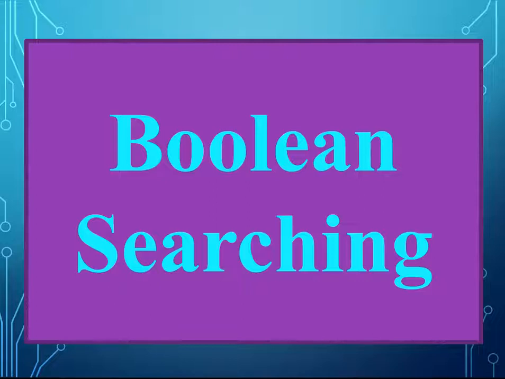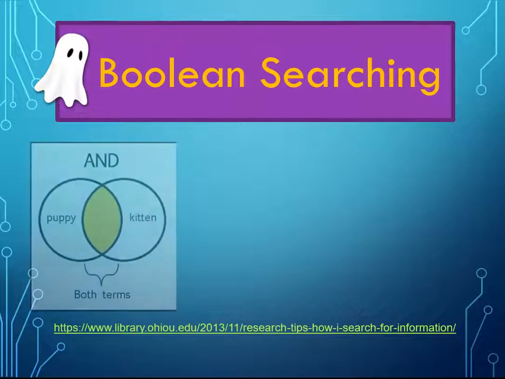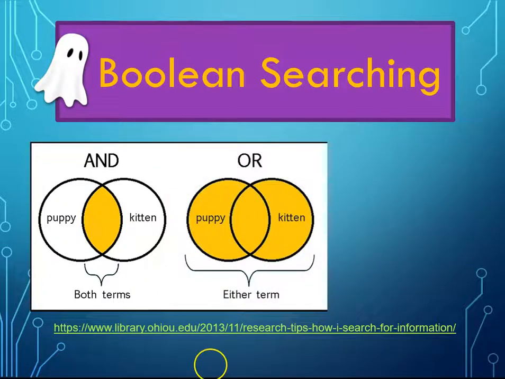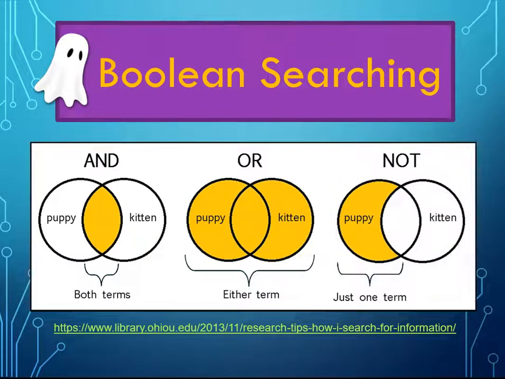Another search strategy is to use Boolean searching. Using and, or, not between search terms is called Boolean searching. Putting and between words ensures I will find both words occurring in the article, but not necessarily together. I can use or to find one or the other word, or even both words in an article. Using not will ensure that a specific word does not appear in my search results.